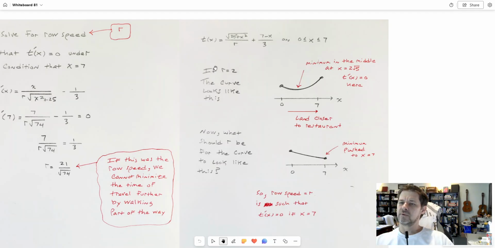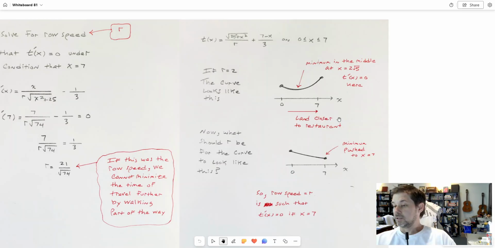Now, it turns out if r is 2, like in the original scenario, then the way to minimize that total travel time is somewhere between 0 and 7. Okay? We found it at 2 root 5. That's the spot where the derivative is 0. Your critical number is there in the middle. And if we were to check the endpoints by comparison, which I guess technically we'd have to do if the function's on a closed interval, then that minimum does occur somewhere in the middle. It dips down to a local minimum somewhere in there. Now,